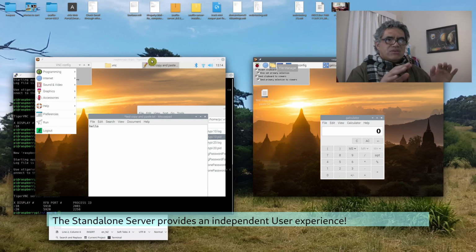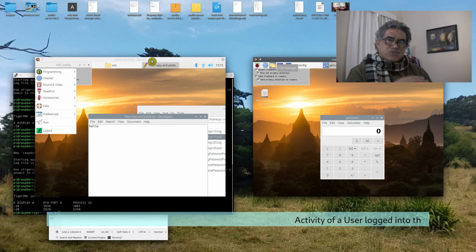They can be doing things, and if a person were operating that computer in person at the keyboard and whatnot, they wouldn't see what they're doing unless they put something in front of their face, like a folder or files on the desktop. Then they'll see that. But generally, it's all an independent experience, and it does have its place,